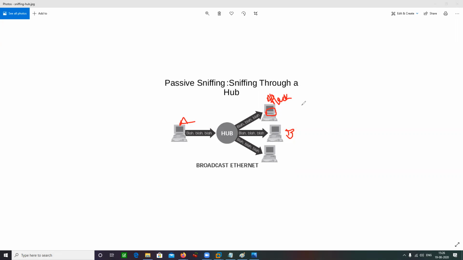But nowadays, you would have observed that we are connected to a switch-based network or a router-based network rather than a hub-based network. So, how can we do sniffing if we are connected to a switch or a router?